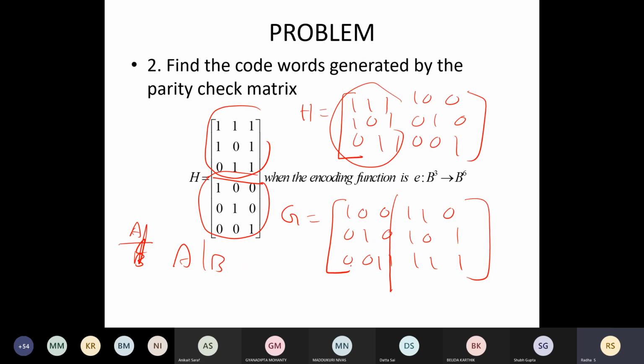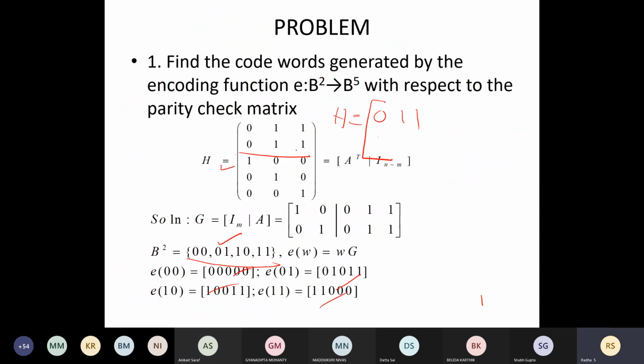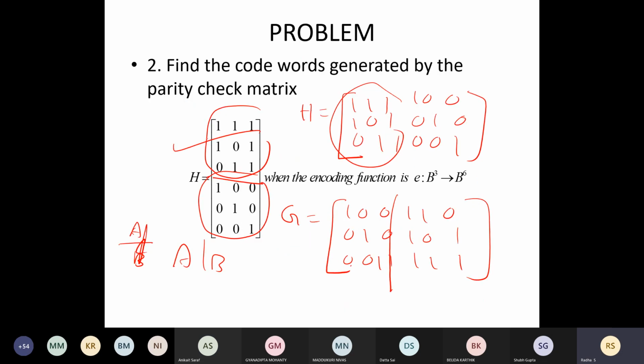Actually, this is correct, this is the way of writing it. Better I'll avoid such type of questions. I'll try to give the questions directly, with H in the form of H itself. Then there is no problem. I'll correct this question, this question and this question. Got it? Yes, ma'am. Okay.